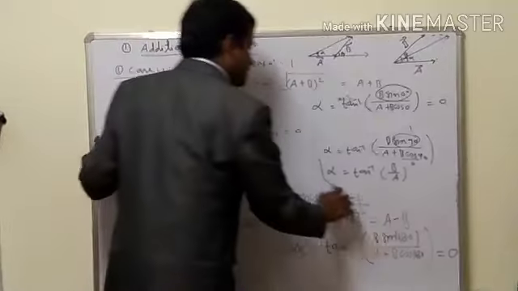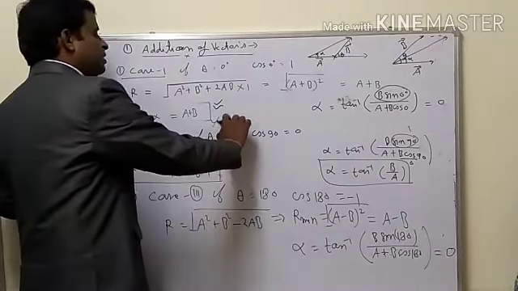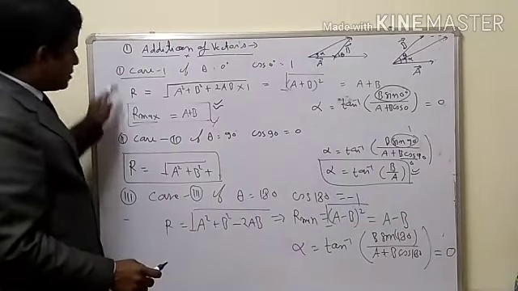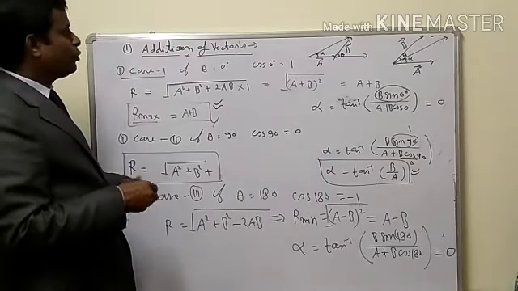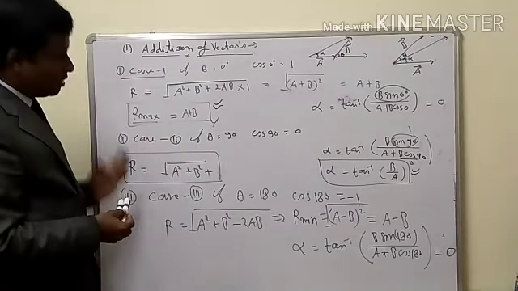And this is a very important case. This will be used in the numericals and concept for the short tricks. So this is the vector addition of two vectors. There are two laws. By the two laws, three cases will come, which will be very important for you.